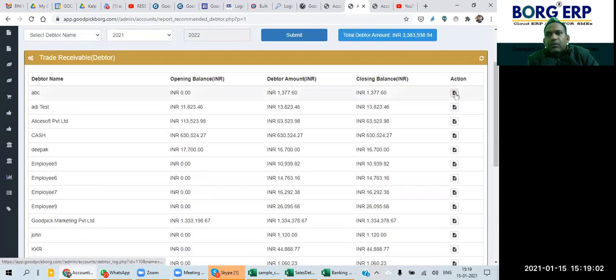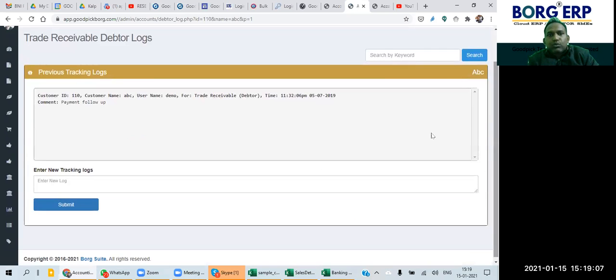One more thing: here in the action button, there is an option to enter some logs. We have given a facility here. If any MSME has given a task to their accounts person or somebody else to recover the money, and they are making a call or getting an update from the client, then every follow-up can be entered here only.